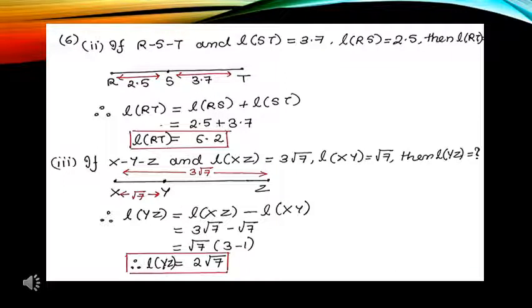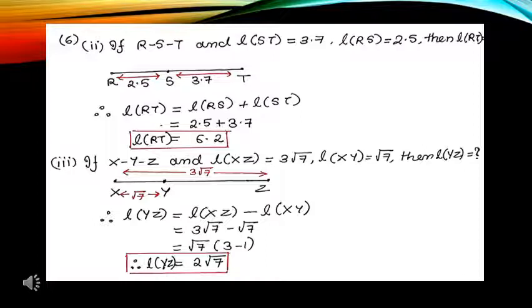Now in question 6, they have asked us to draw the collinear points on a line, show their placing, and then find the distance. So here we have question 2 where they have given us already the sequence RST, and they have given ST is 3.7, RS is 2.5, and you have to find the distance between RT. So as per the sequence, I'll first draw a line. I'll mark 3 points. I know at the starting we have R and the other end I have T. So I have drawn the line, I have written R and T.